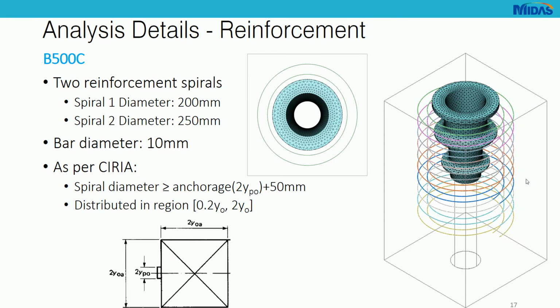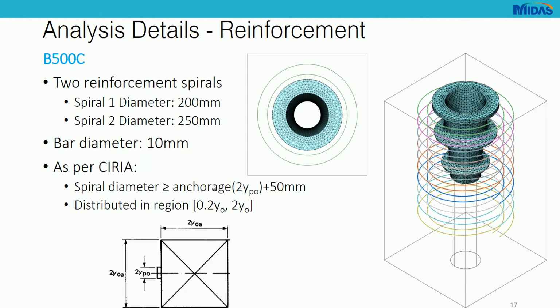So now let's see the details of the reinforcement. So the material for the reinforcement was B500C. We have used 2 spirals. So as I mentioned, we have only considered bursting reinforcement. So two spirals, one of a radius of 200 millimeters, and the other spiral radius of 250, with a bar diameter of 10 millimeters, and we have followed the guidance of CIRIA, so the spiral diameter